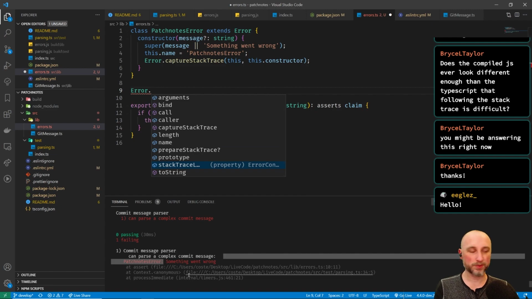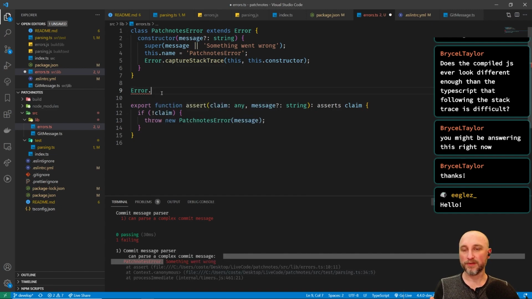Although part of this is because the code wasn't doing anything, so that might be the main reason. But if we wanted to, we could set that to be stack trace limit. We could say, oh, I want this to be 20 if you wanted just to get a huge stack trace. The advice is always to have that be as small as you can get away with because it's relatively costly to store these things. So that's the thing you can do, and you can also do the more interesting one, which is